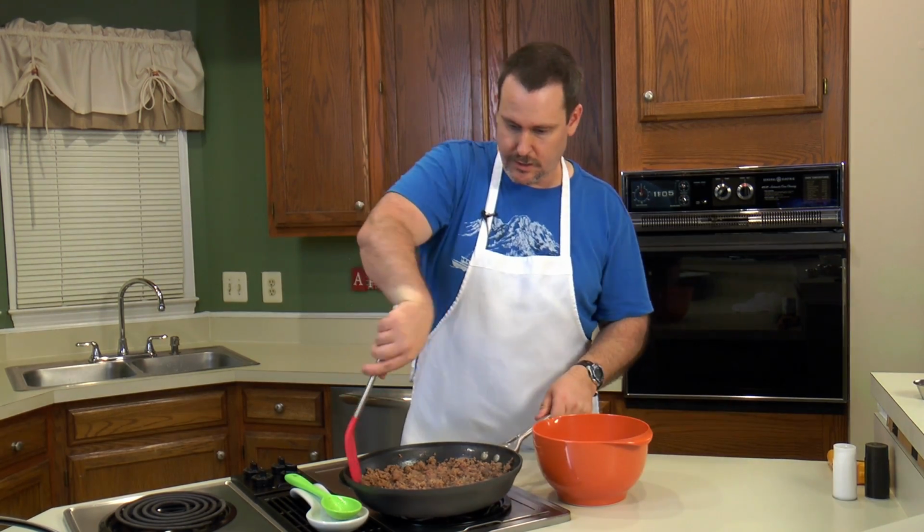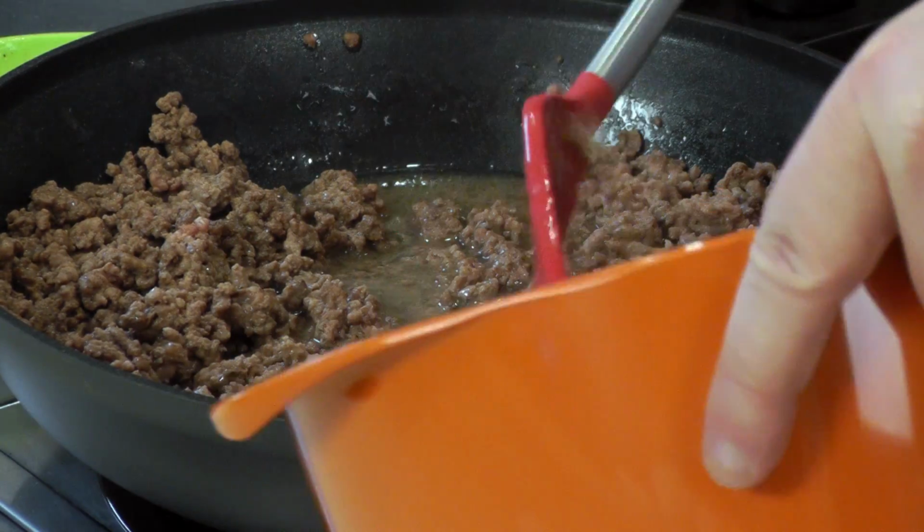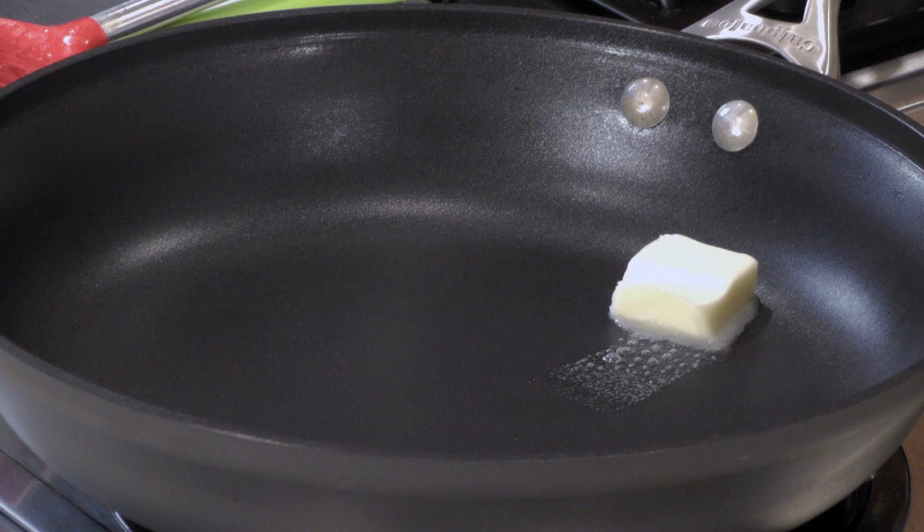Okay, this is pretty much browned. So we're going to go ahead and take the hamburger out. If you want to save some time, you can cook your meat with your onions. I don't want to do that because as I'm throwing out this water, I don't want to throw out any flavoring from the onions. Okay, so now that the hamburger is browned, we're going to throw another